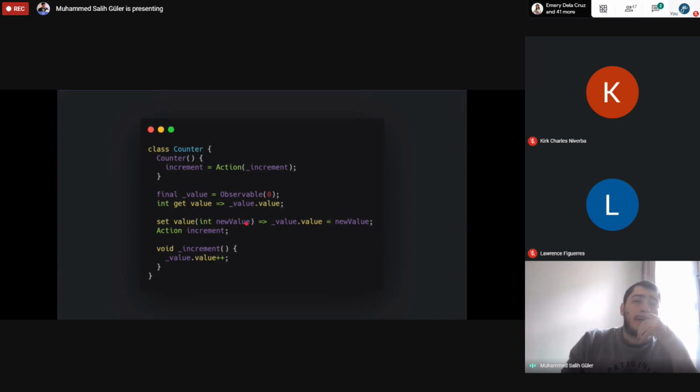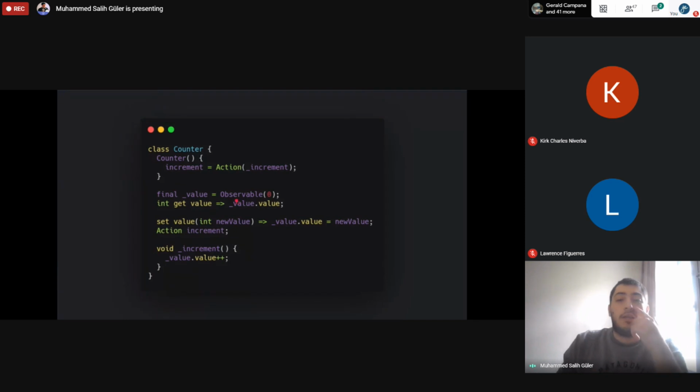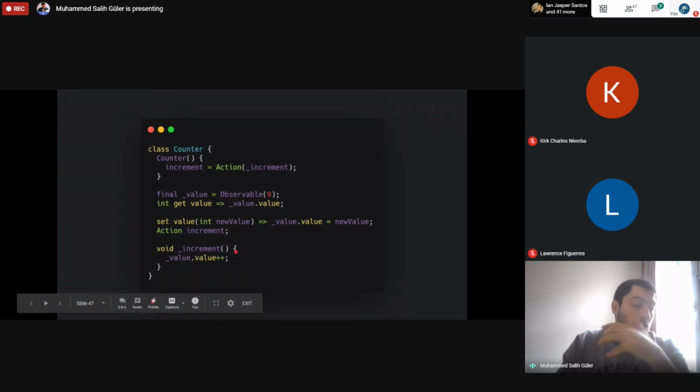But how do we create a MobX store? So basically the store is creating an action here. This action is called increment. And increment is basically a function that is just increasing the value by 1. And the value here is an observable. And we just expose the value that is listened to here. So we are not exposing everything here. All the operations and all the operative parts are independent from